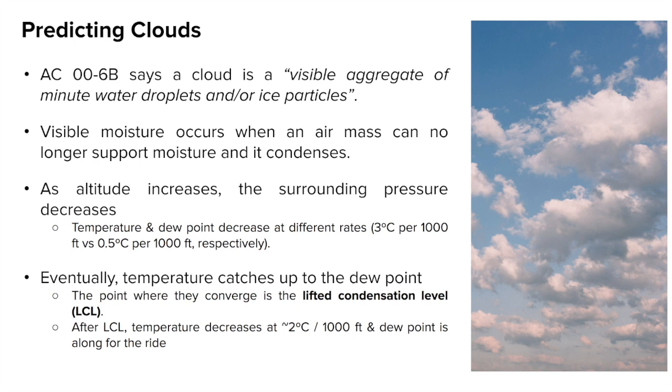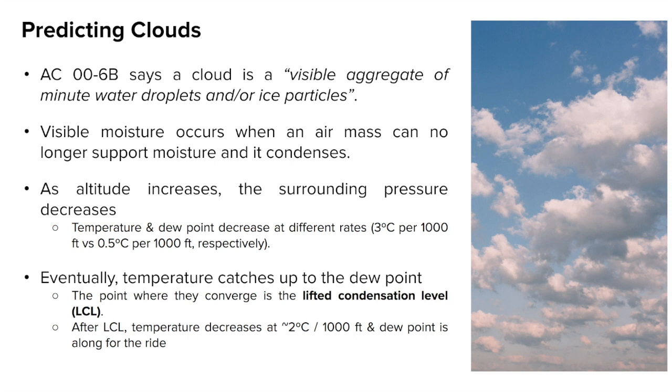And on the way up, it cools at approximately 3 degrees C per 1,000 feet, and the dew point is going to drop at about half a degree C per 1,000 feet. And since they come at different rates, the temperature will eventually, for a higher temperature and a lower dew point, which is the case always,